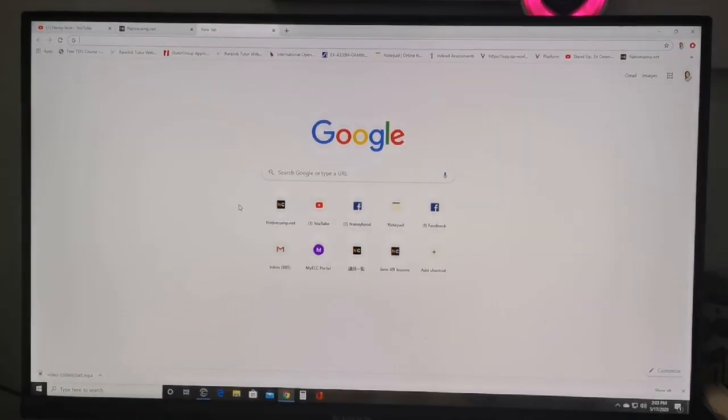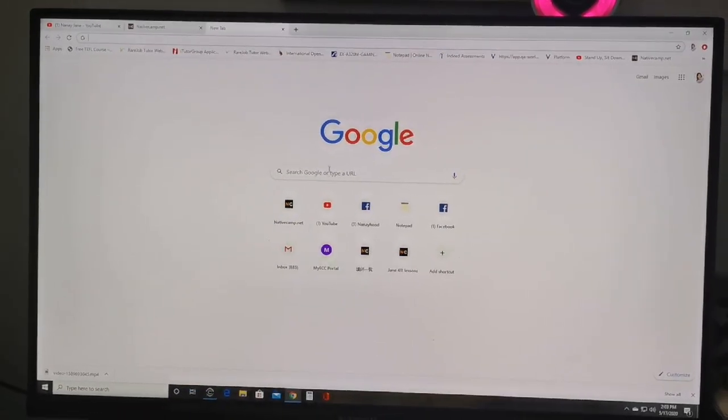I'll be showing you how to download and use Ocam for screen recording, and Giazo for screenshots. Okay, so first let's begin with Ocam. Because it's clearer when I use my cell phone instead of the screen recorder on my computer, I'll be using my cell phone to show you how to use Ocam and Giazo. Okay, let's start with how to download Ocam.